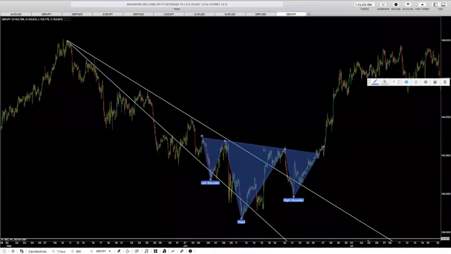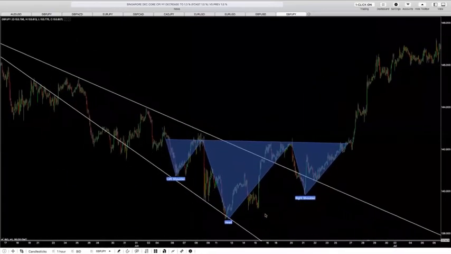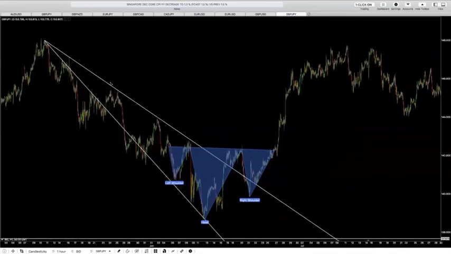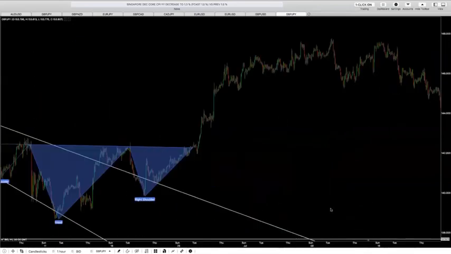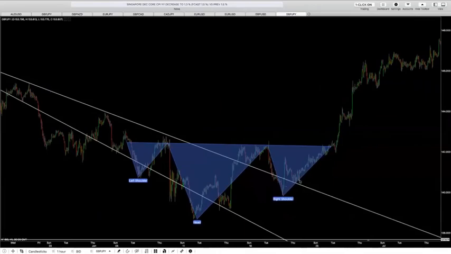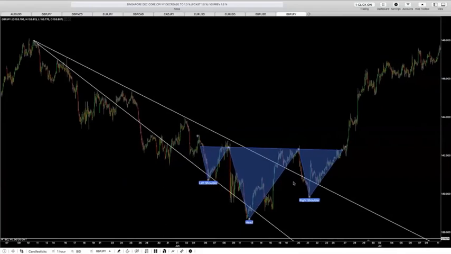Let me put this a little lower. I'll put this down here. There's another head and shoulders pattern in the market. And even within this, as you see here, look, this shoulder ended up resting on this support. The head ended up resting on this support, which was the original trend from this head and shoulders. And then the third shoulder ended up resting right here on the true trend. So there was the break and the retest of the trend right in the zone.